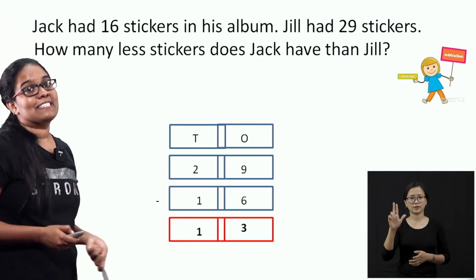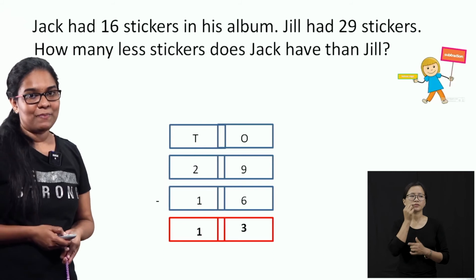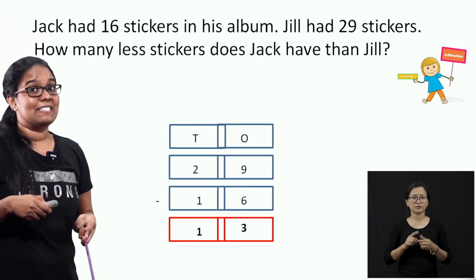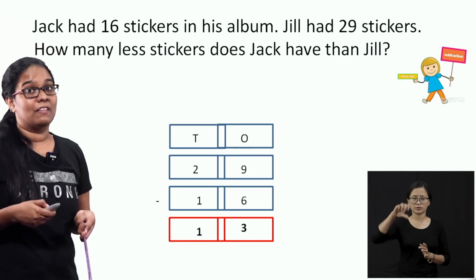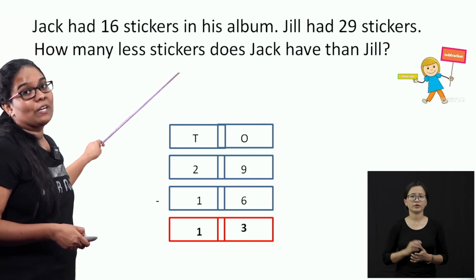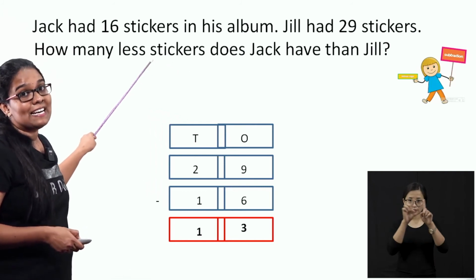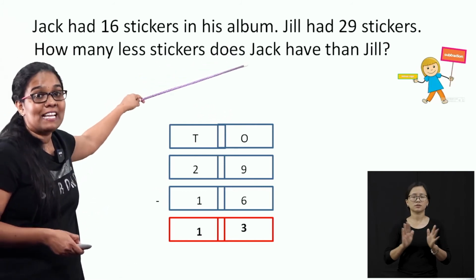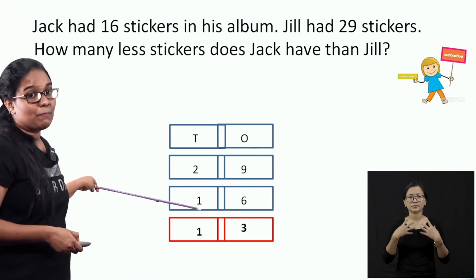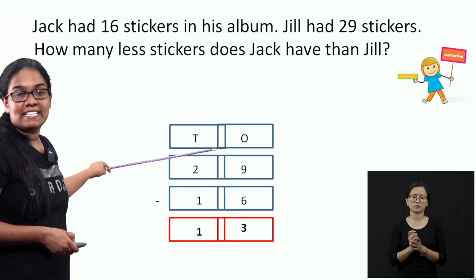Okay, then look here. Jack had 16 stickers in his album. Jill had 29 stickers. How many fewer stickers does Jack have than Jill? For finding that, we want to subtract 16 from 29.